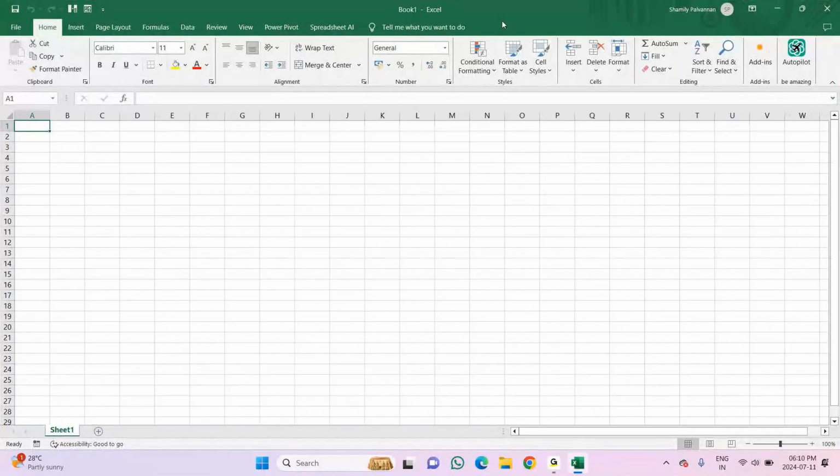Now we are supposed to cover minimize, maximize, and close. Usually we use a mouse cursor to minimize, maximize, and close. So I'm going to give you the shortcut keys for how to minimize and maximize it.